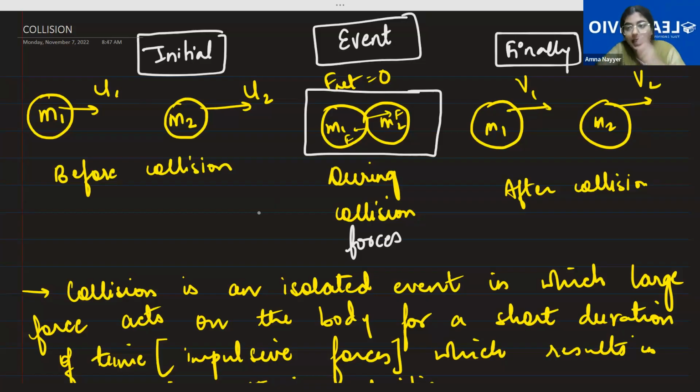Their velocities can change, they can be the same, or either or both of them can change. Anything can occur when two bodies are colliding, so there are different cases for that. I have already written everything, so just remember the formula. Now, what is collision? Let us discuss this.